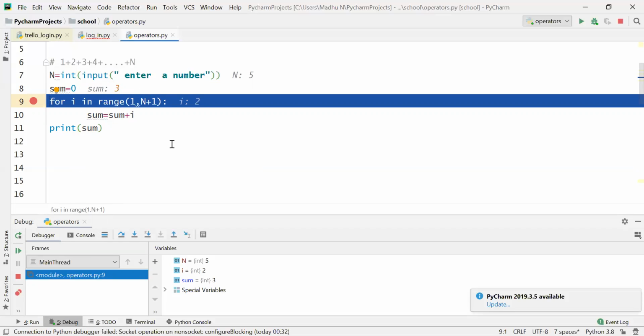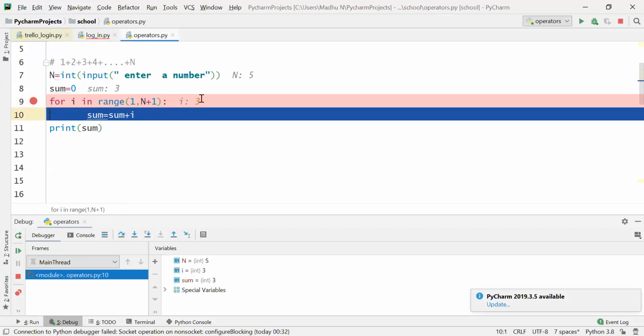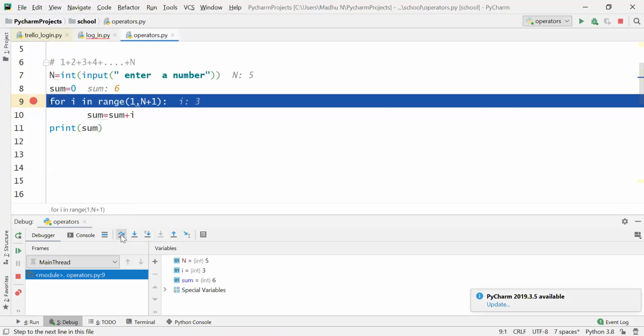Now again, if I ask for next step, i will be 3. And if I calculate the sum, what is the sum here? 3 plus 3, that is 6. If I go for next step, i will be 4.